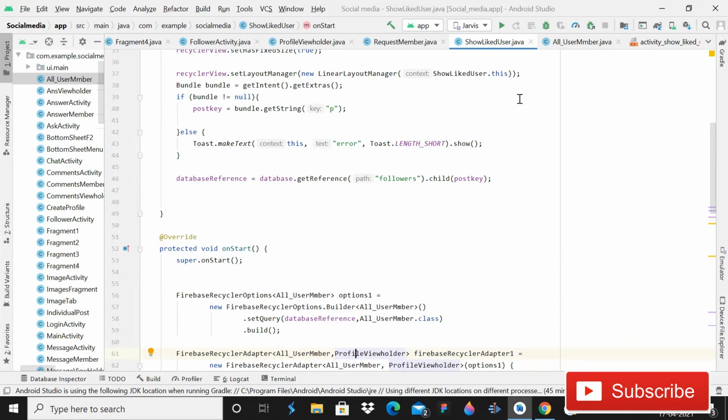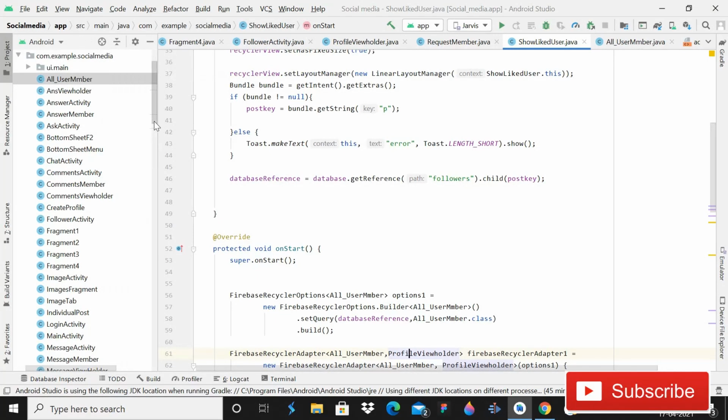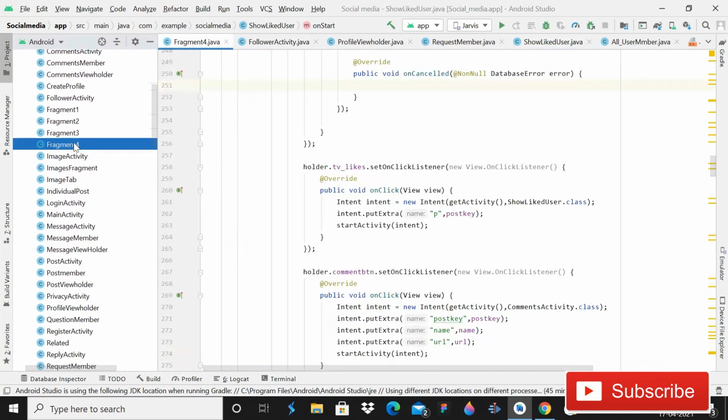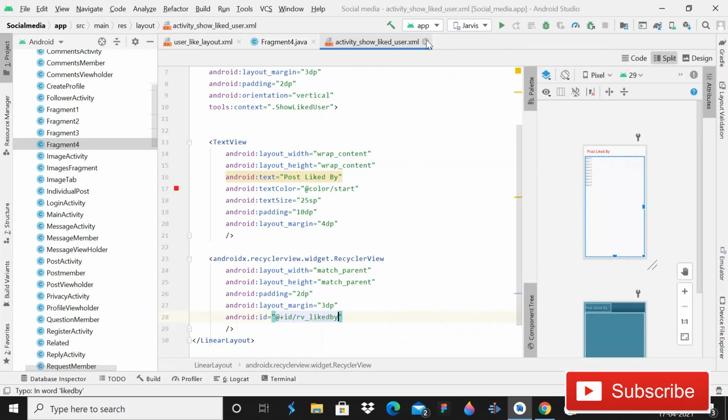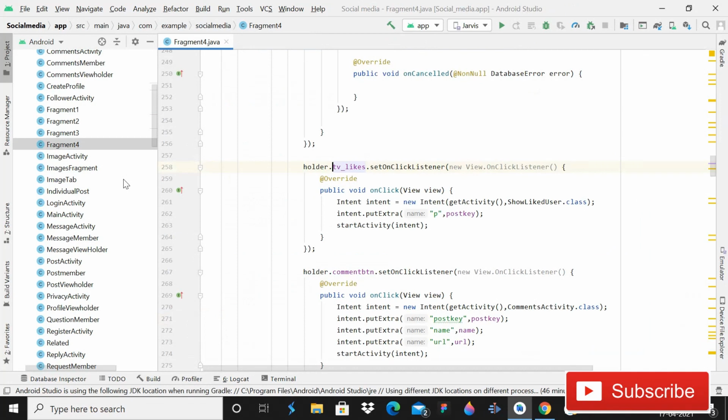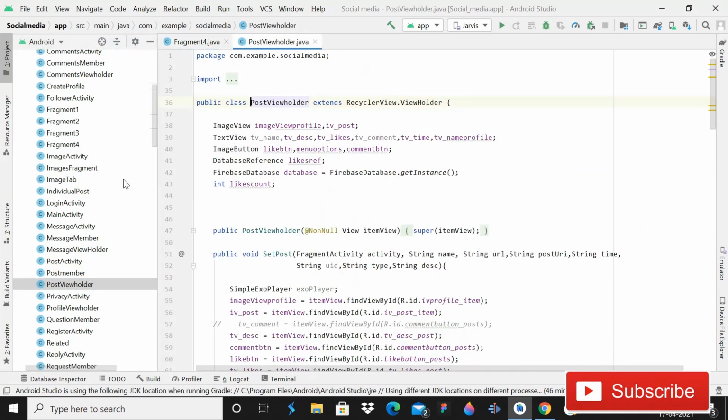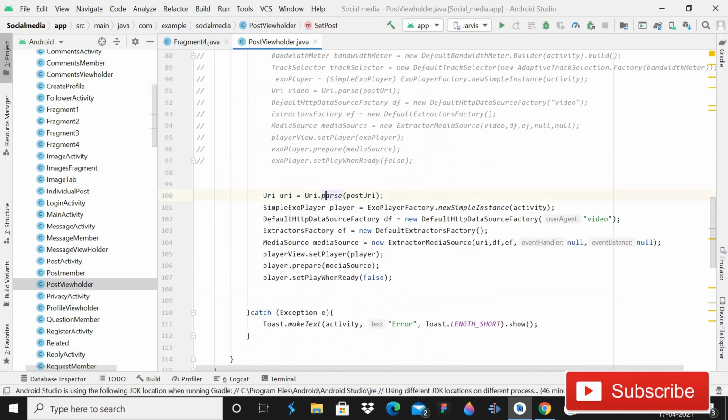So guys, this time when you run the app, you will see the, yeah, and one thing that is left for now: open this fragment 4 guys, and here also this post activity. Close the rest of the classes and activities because they are not required. Open this fragment 4, and now open the post view holder. For now, here you have to add one more integer, and that is the last feature, comment count. And then you have to go down here, understand.